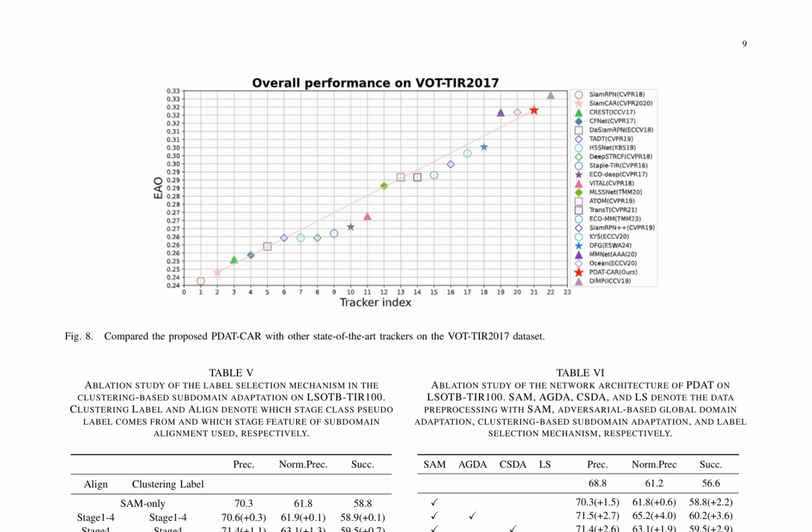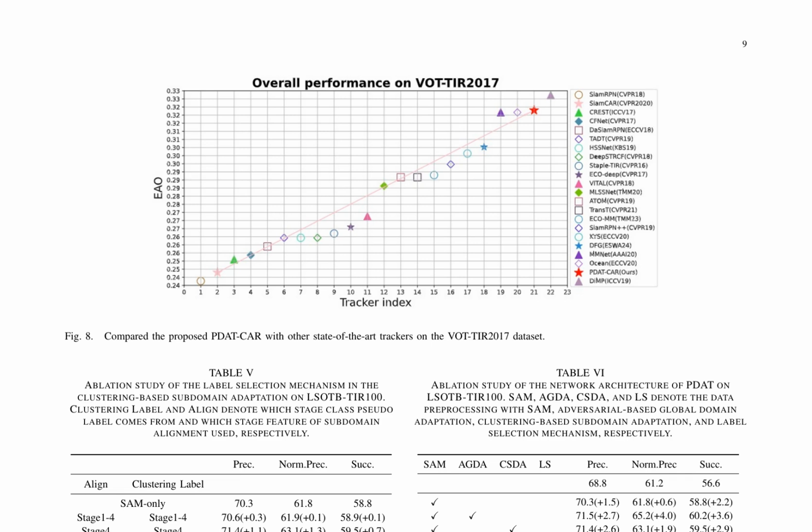The authors then validated the label selection and alignment way of the subdomain adaptation, as shown in Table V, using SAM only as a baseline. The results show that clustering or aligning on the last stage alone yields better subdomain alignment. However, it is unclear whether the alignment or better clustering labels are responsible for this improvement. To address this, the authors fixed the clustering at stage 4 and then aligned the subdomain on all stages, as shown in the fourth row of Table V. The results reveal a significant drop in performance, indicating that alignment on the last stage is critical for subdomain adaptation